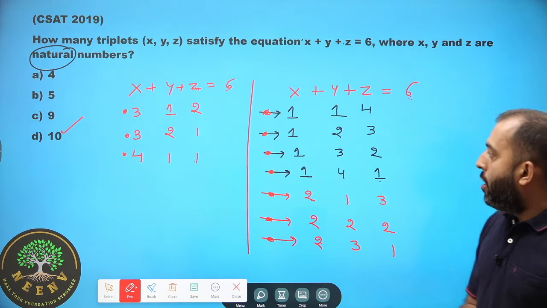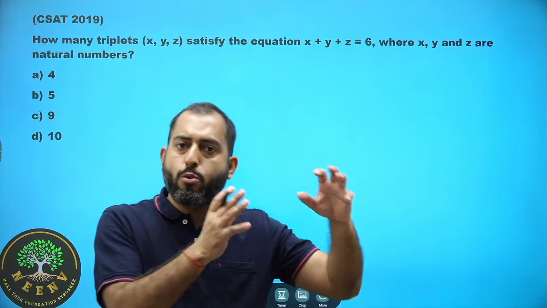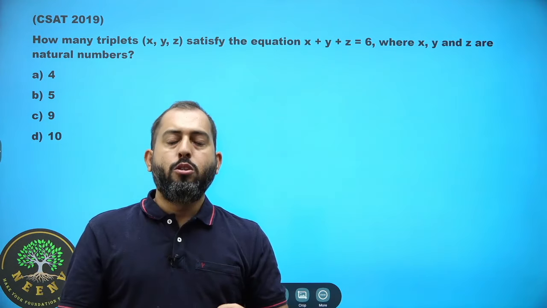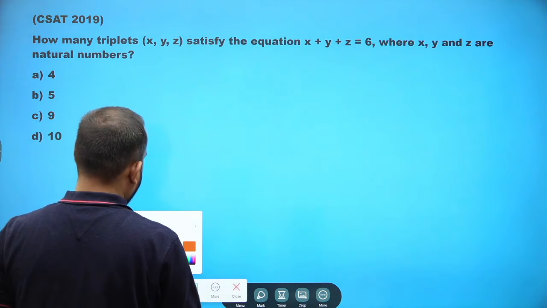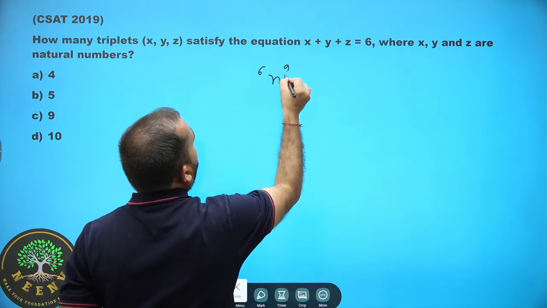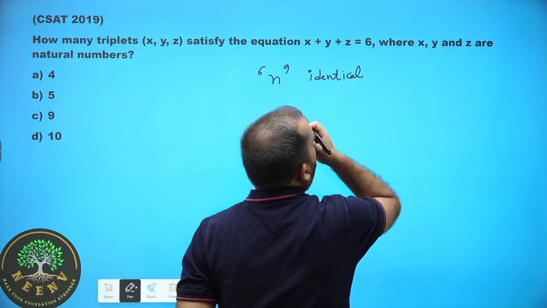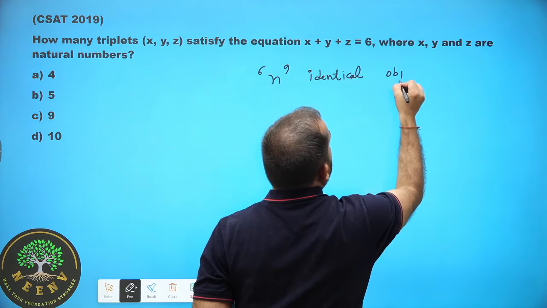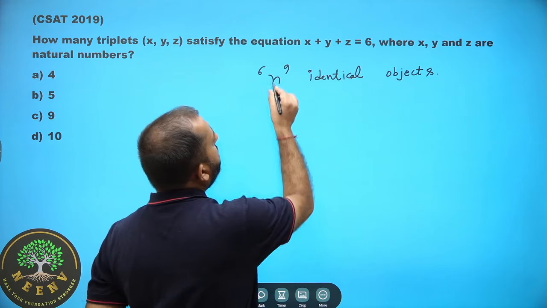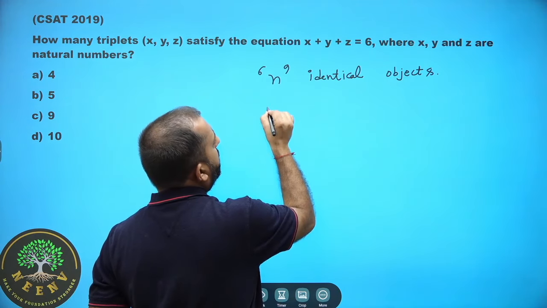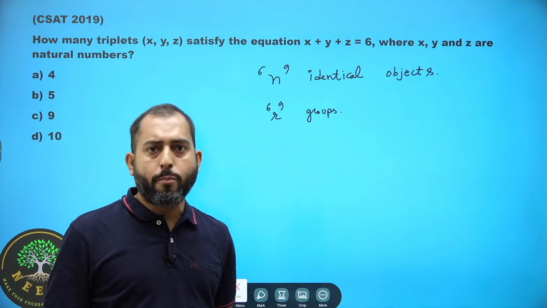Done. Now there is one more way of dealing with this question, and that way has to do with permutation and combination. So you can write down this shortcut directly. The shortcut is, if there are n identical objects, and we have to distribute them in r groups such that